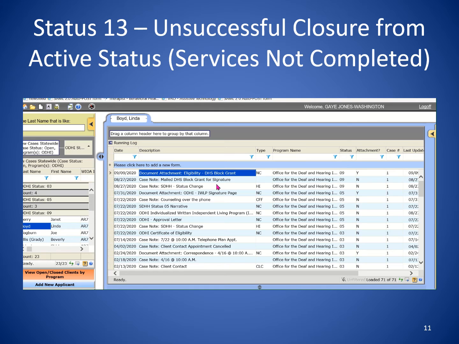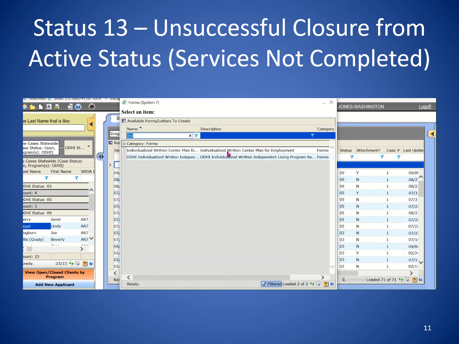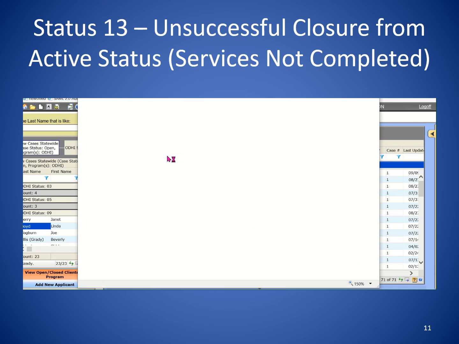Status 13 or unsuccessful closure from plan development. In the event that we were unable to provide the individual with increased independence, then what we'll do is we will close the individual out unsuccessful. Go back to the blue bar, and we will filter for independent or IND, and what you'll see is SDHH Individualized Written Independent Living Program Review. So we'll double click on that,